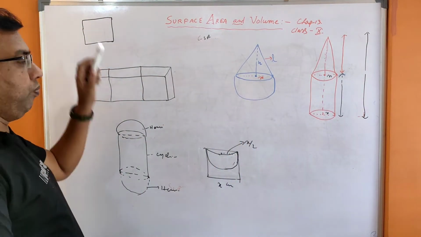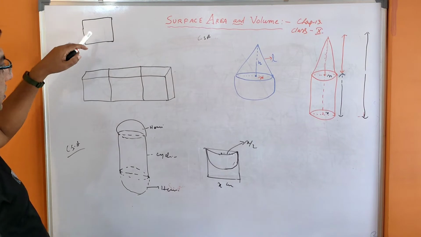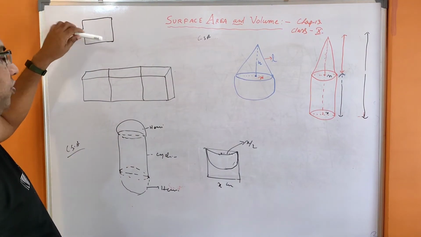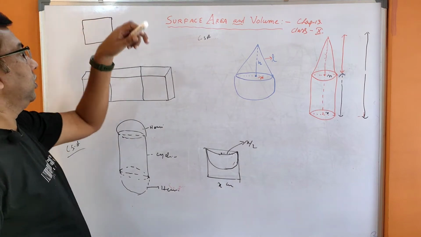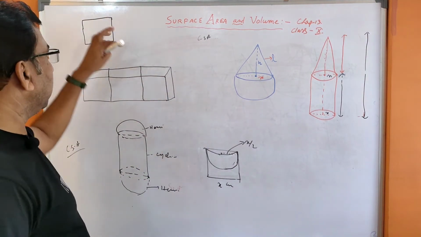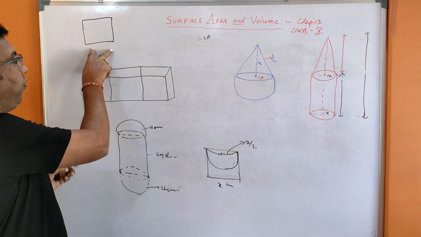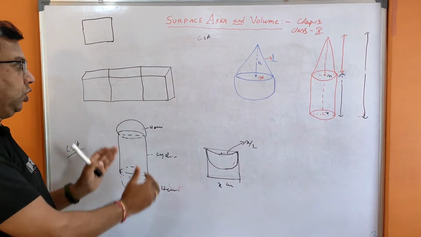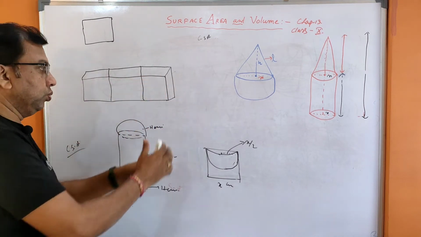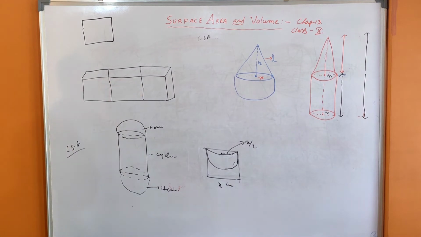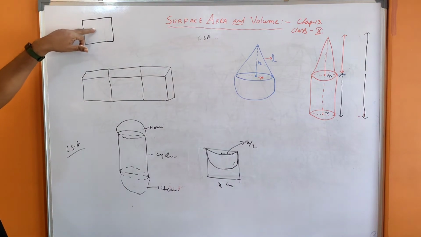Suppose this is one cube. You are given this type of cube whose volume will be given. The volume will be given as 64 or 8, anything. Volume of the cube will be given. This type of cubes are added, adjacent. 2 cubes or 3 cubes or 4 cubes are added to find the resultant volume or surface area of the resultant cuboid or resultant figure. So what you see, this is the volume, this is the cube.